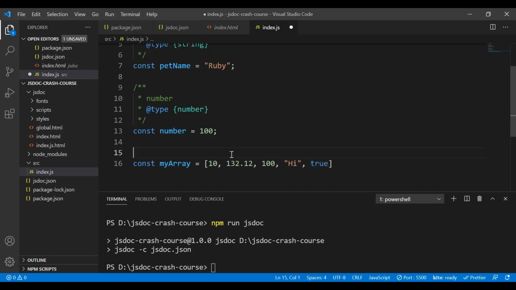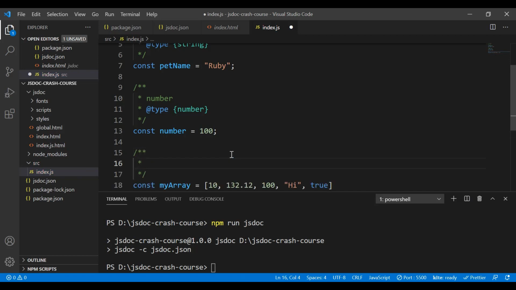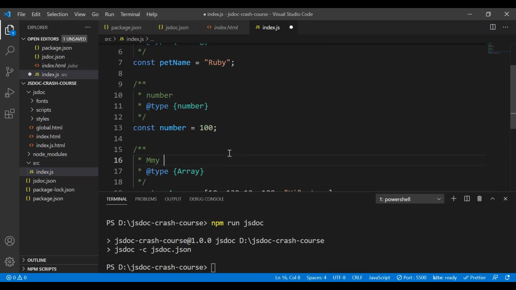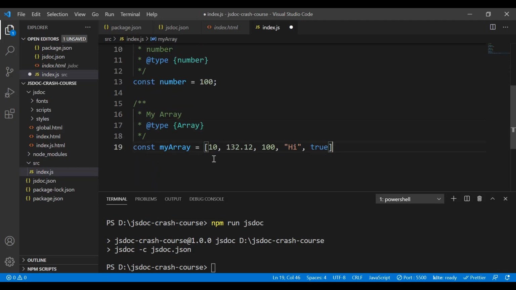Okay, so up here I want to just say type. This will be the array type. Okay, and I can just try to comment this, just say like my array,